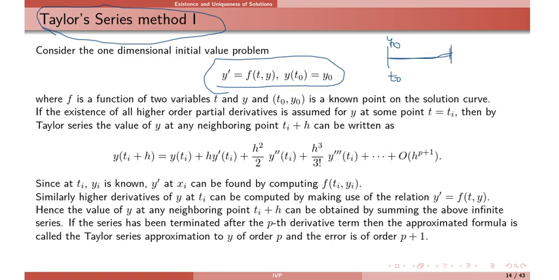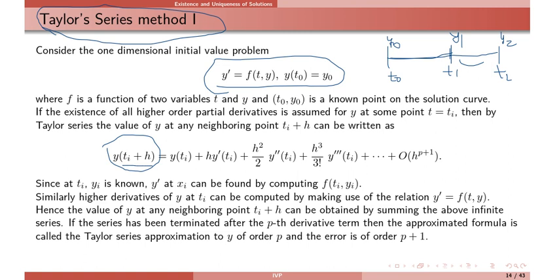Okay, and you know that you can write a function in a neighborhood by writing a Taylor series. So we start with the same known point t0, and then we find the solution at t1, which is y1, by using Taylor series, and then we move further. Use this solution to find the solution at point t2, which is denoted by y2, by writing a Taylor series. So in general, I take the ith point ti; you can take t1, t2, any point ti.